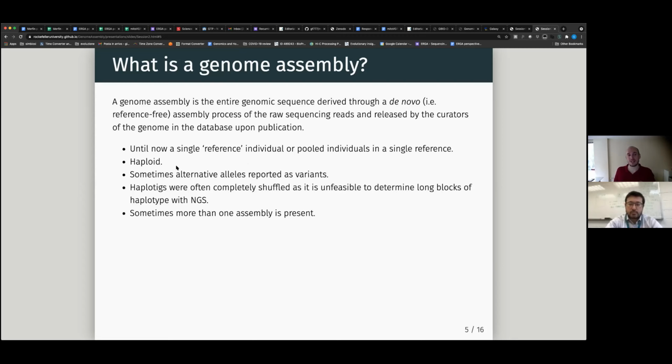So you basically would have collapsed the two copies into a single copy, and then you would have reported whatever variant present, let's say, in the paternal haplotype versus the maternal haplotype as a variant, whenever you were able to identify those. The other reason is practical, in that for many applications, haploid assembly is more useful, because